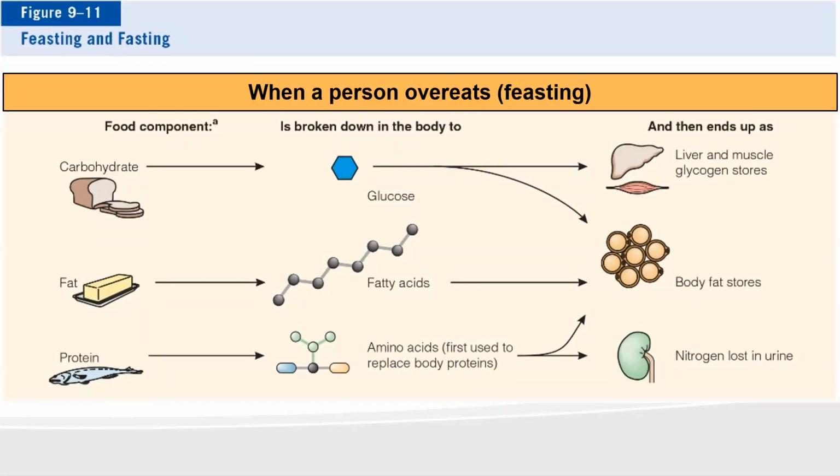We already talked about this part, what happens to our food when we eat and we overeat. And so we can call that feasting. You can see it's showing we've got your carbohydrates. Your carbohydrates can be stored as glycogen or fat. Your fat can be stored as fat, and your proteins, I guess they're not showing it getting converted to glucose in this diagram, but ultimately when you overeat, some of that energy will be stored as fat. And if you're building muscle, I guess you could throw that in there as well.